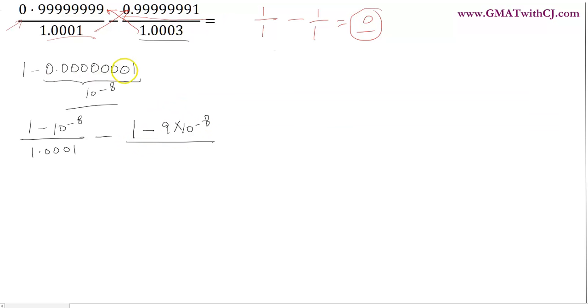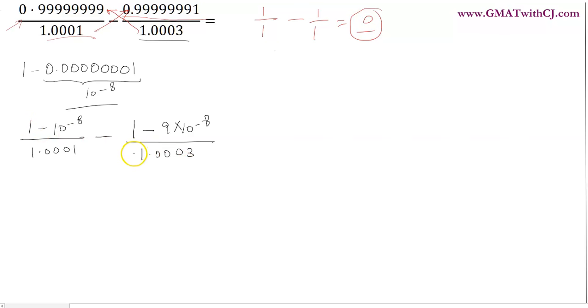because you will have 0.00 and here 9 in this case. So this will be 9 into 10 raised to power minus 8, and then you will have 1.0003. Now at this stage I didn't know any other way to simplify it. One way, of course, is to write this as 1 plus 10 raised to power minus 4, right? But I thought if I cross multiply it, essentially I'll have to multiply 2 numbers here, and then with 2 numbers here it will give me 4 numbers. So I just thought let's keep it this way,